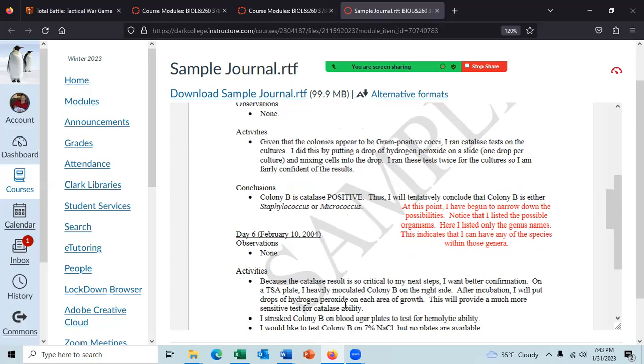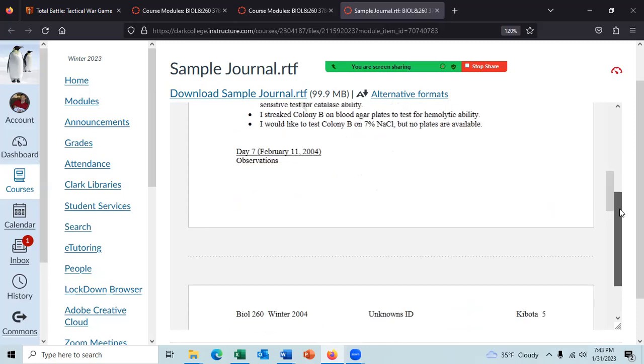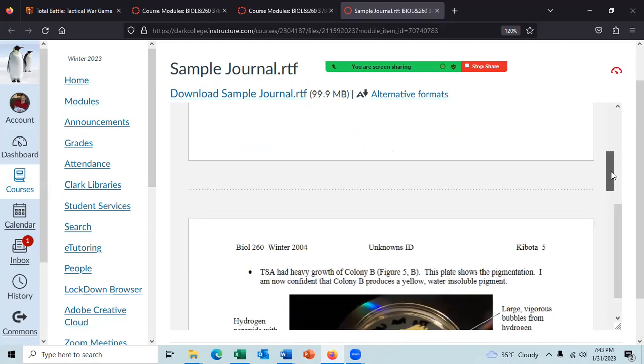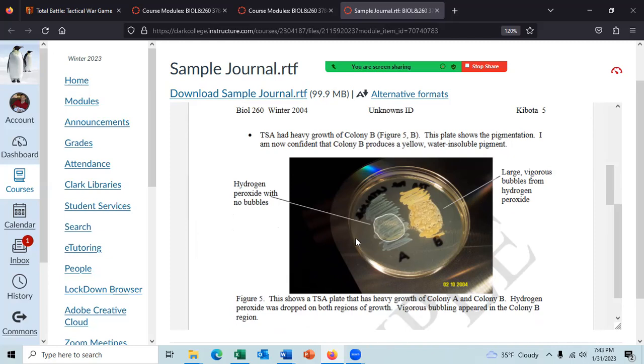I don't know why he's doing the catalase test again. It looks like he's running the 7% sodium chloride test. So that would be the next test he's running. And then the next time he did it on February 11th, sorry, he has the hydrogen peroxide test.